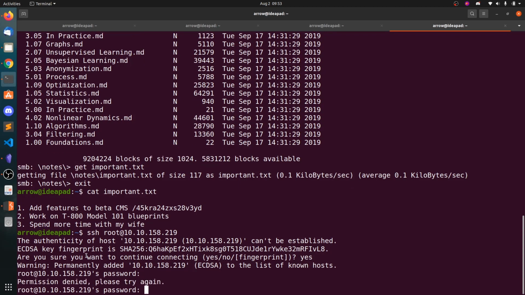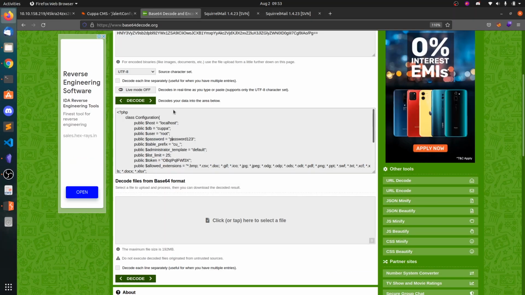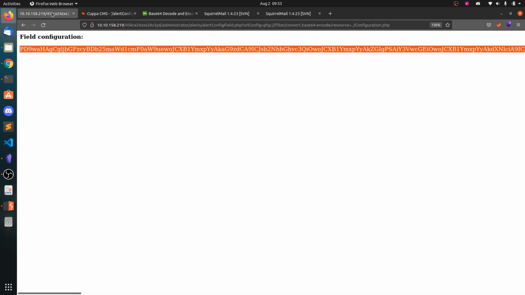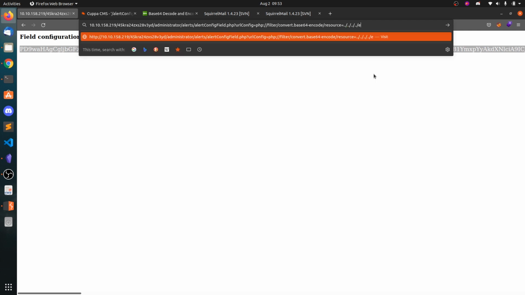Type the password 123 and it did not work out. Okay, so what we can do is change this to /etc/passwd.